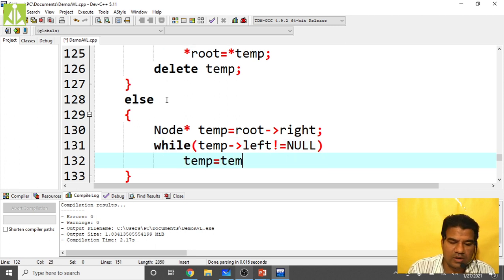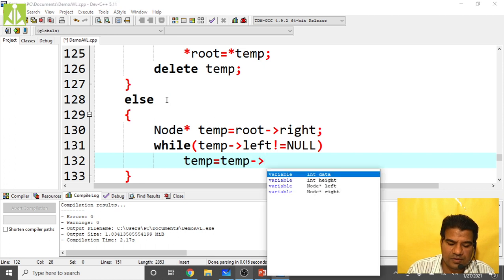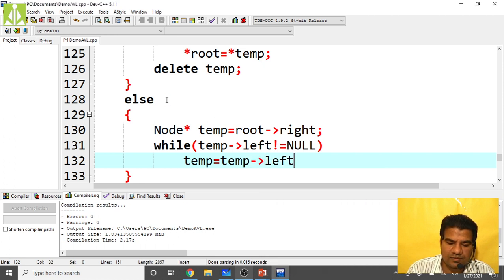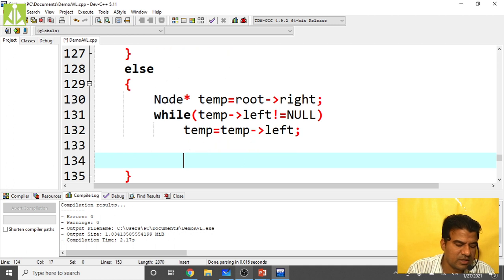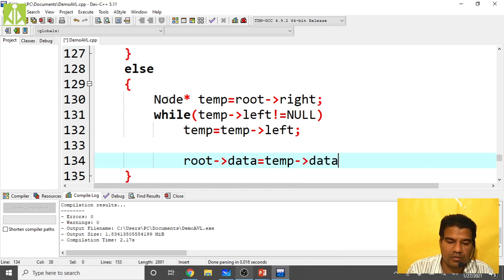Put the semicolon, then root of data equals to temp of data.